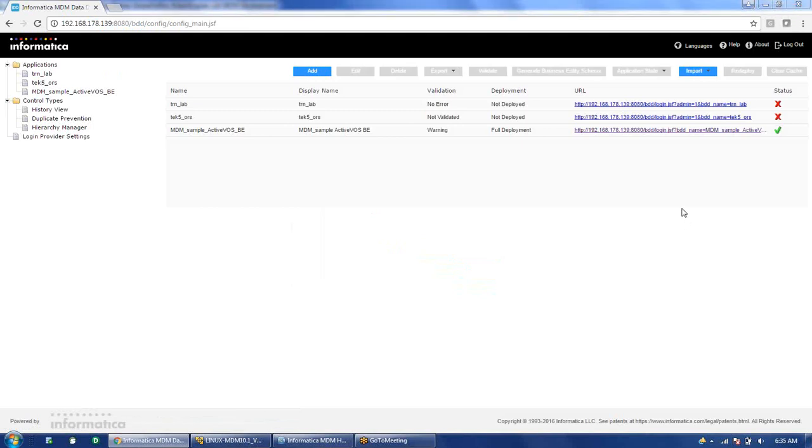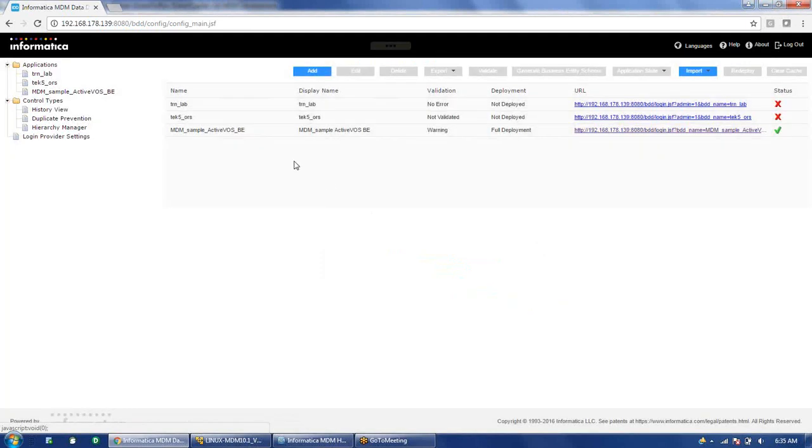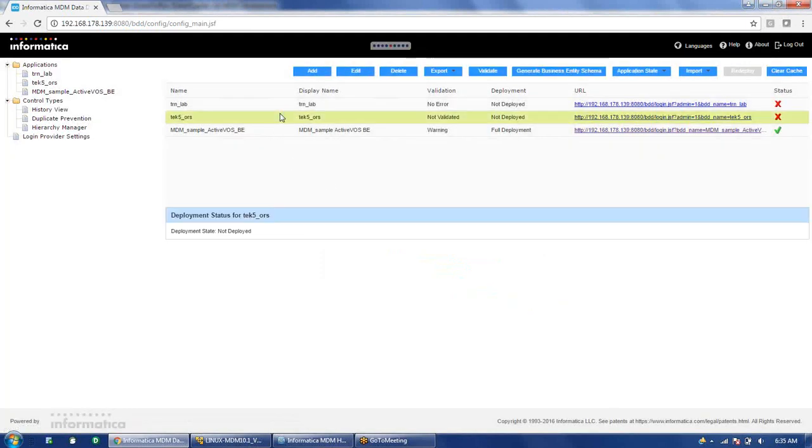So once you come to this screen, the first thing that you have to do is add an application. So we can click on this add application and add a new application. This will create a new blank application, and it also will give the particular URL. So yesterday we had created this application with the name of tk5_ors, and after creating the application we can edit it,